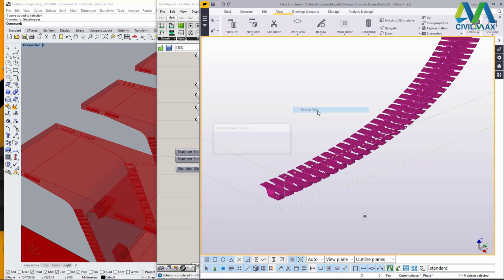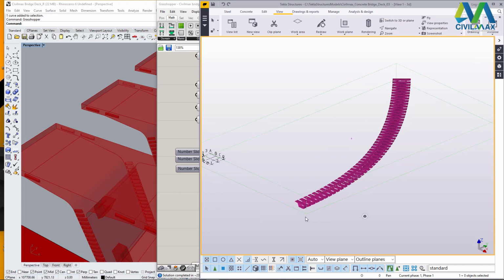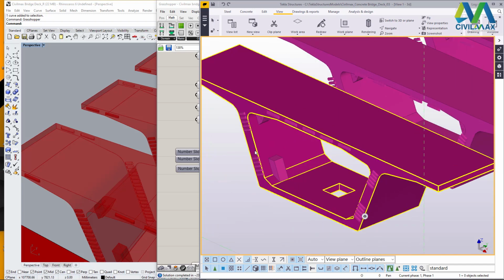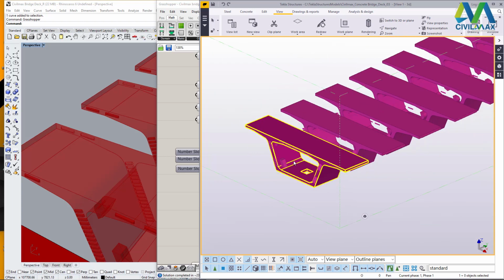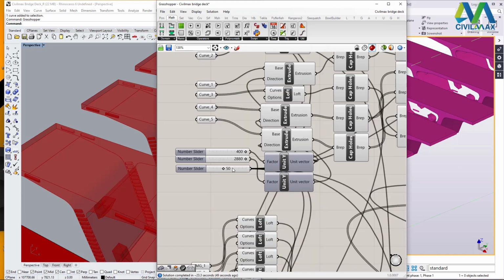Right click once again and redraw, or click on this and make everything fit. This is how it looks, but everything has not been copied properly, or everything has not been transferred properly. So we'll just give it some time and come back this end and try to reduce this number to maybe